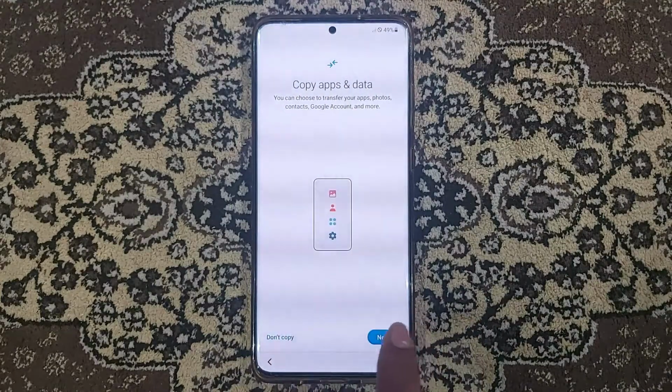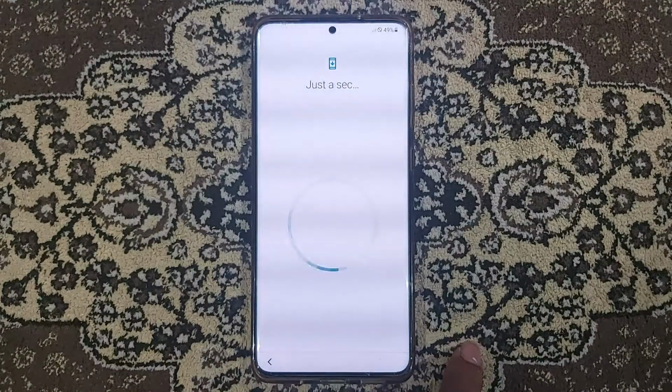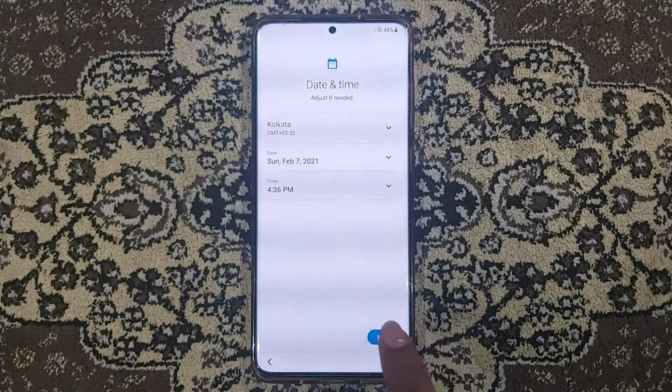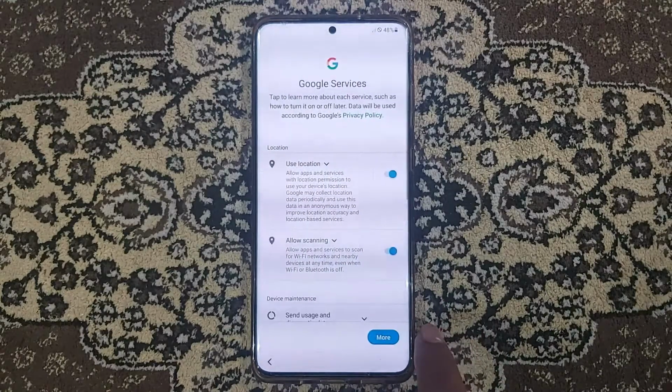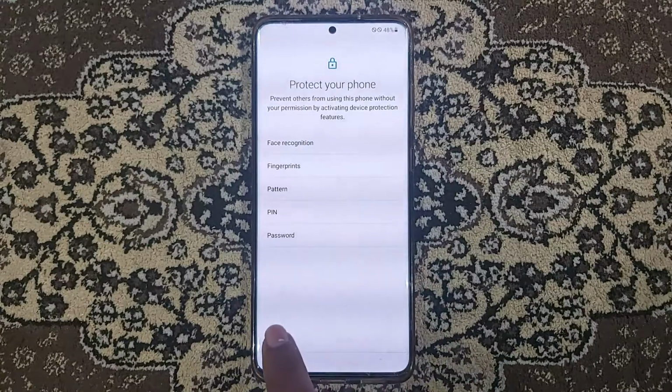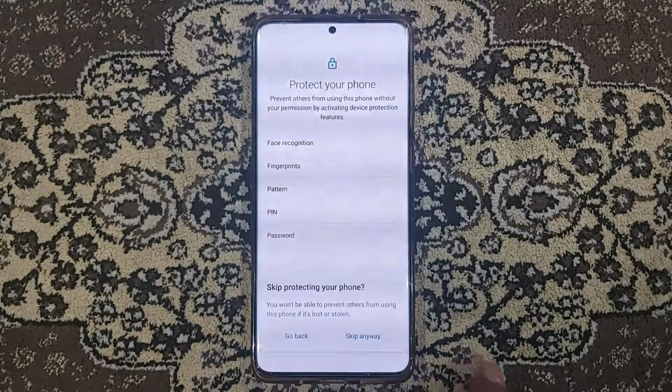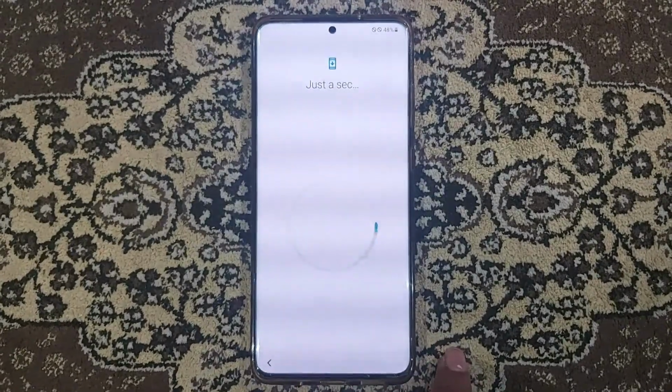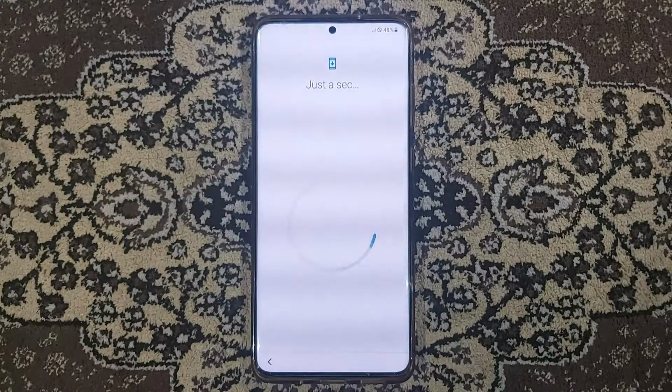I will skip it for now. It's asking me for all these things, and after all these things there will be one pop-up which shows if you want to be on the same CSC or you want to change it to another CSC. Let me see if that option comes.